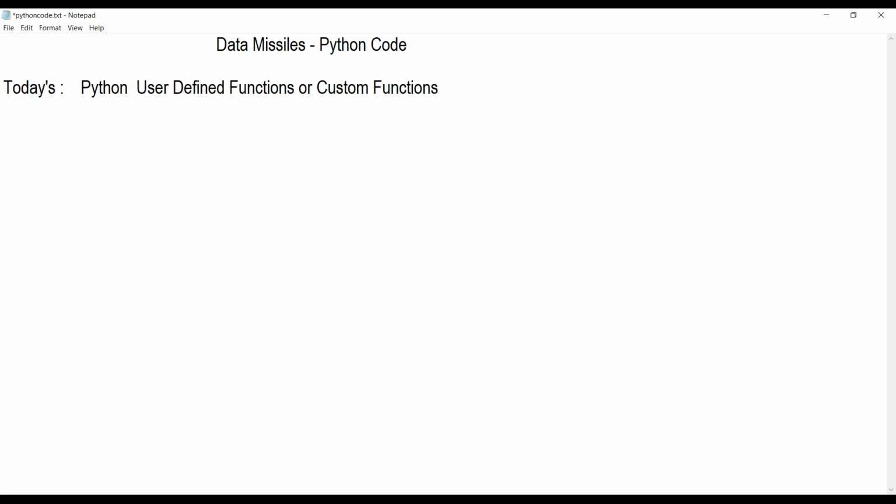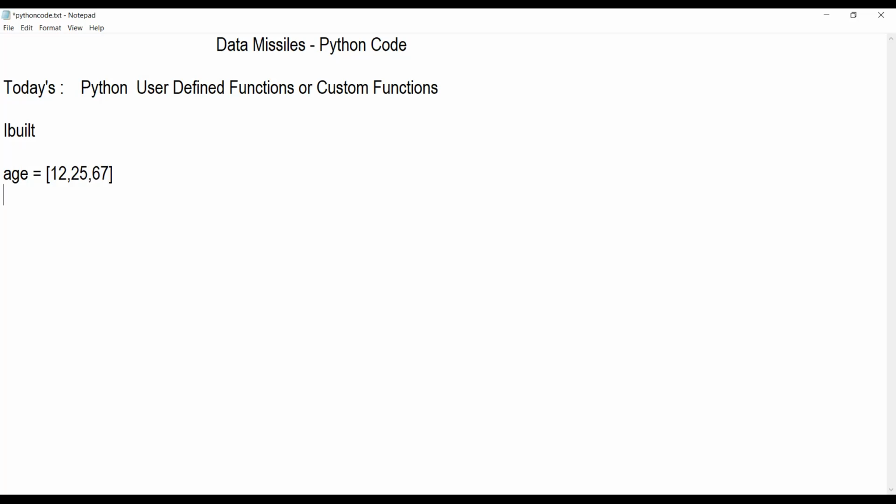Python has two varieties of functions. One is inbuilt functions. Inbuilt means that while installing Python itself, some functions are already available with it, so they are called inbuilt functions, which are readily available. For example, I have a list called age with values like 12, 25, 67.